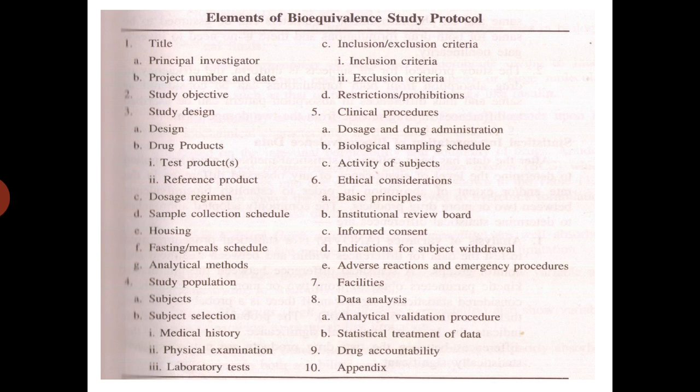So what are the details that must be included in a clinical trial protocol or a bioequivalence study protocol is mentioned here. So we have around 10 points here. I'll just explain one by one. Title, who is the principal investigator, what is the project number and date, what is the objective of the study,